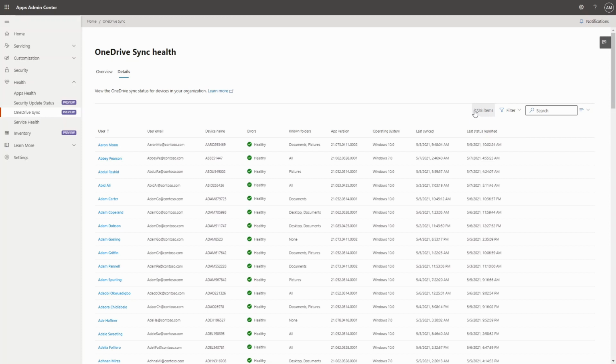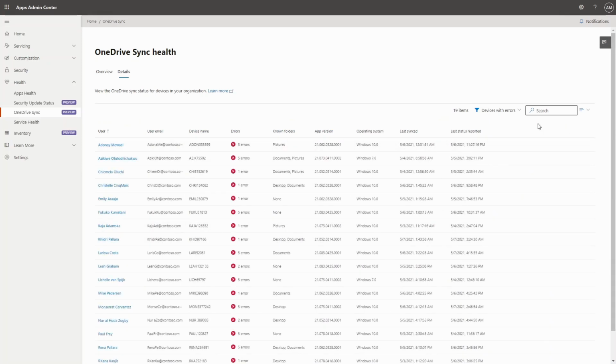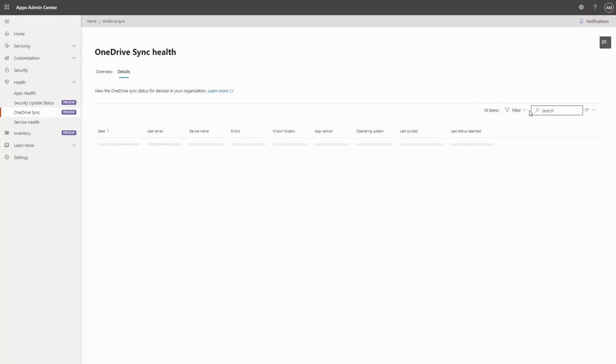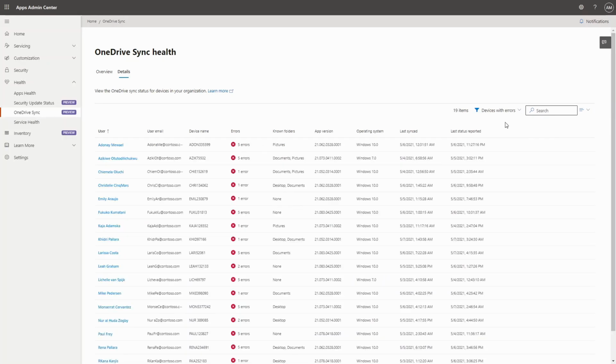So you can see all that information quickly and easily on this screen here. Total number of devices. Now, if I wanted to find out which one of those devices are actually having the sync errors, there's 2 ways of me being able to do that. One is clicking directly here, when what we do is we automatically filter those 19 devices out so you can see that particular error. Another way of doing that is by using the filter capability that's available here. So I can see all my devices or just devices with errors.